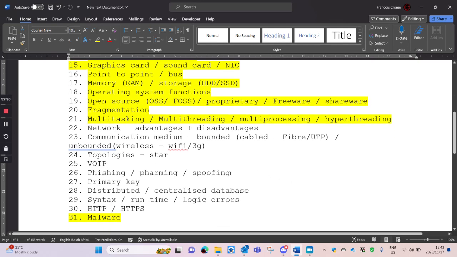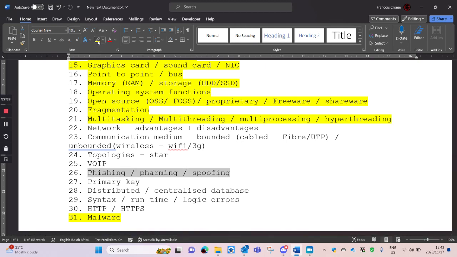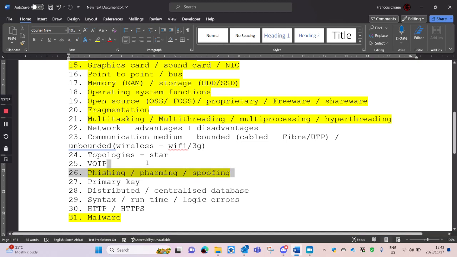Then these ones are also part of our malware and our viruses and stuff, but these ones are underneath another umbrella called social engineering. So, social engineering: what hackers realized is it was too difficult for them to try and hack into different people's computers and stuff.